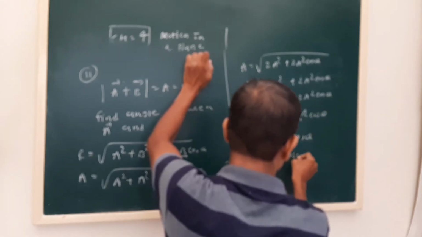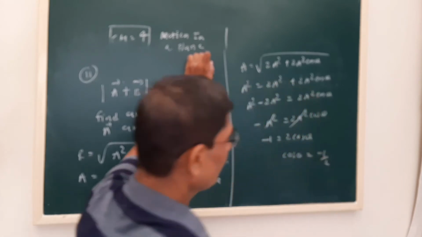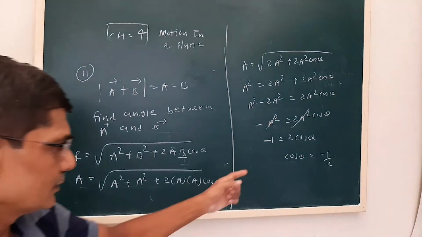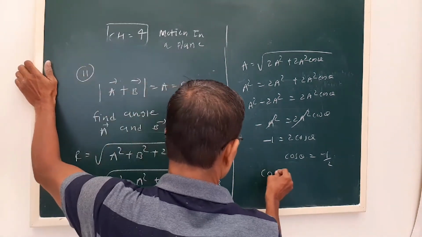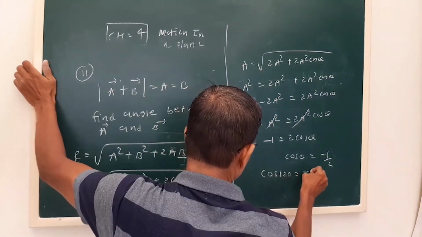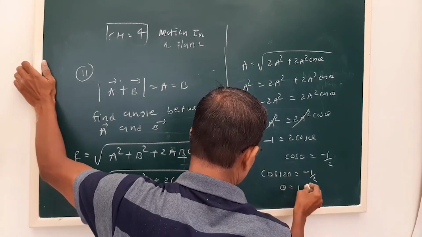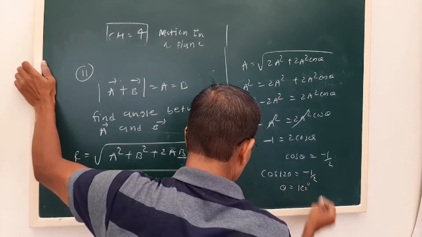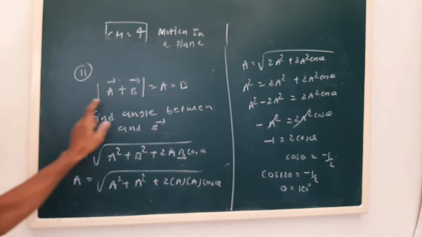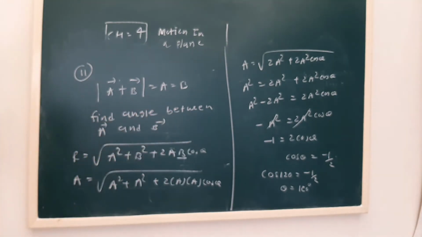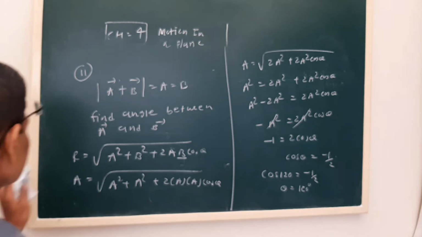Okay, cos theta is... Okay, so we know that cos 120 is minus 1 by 2. So theta is 120. So when A and B are inclined at an angle of 120 degrees, the resultant will be equal to the vector itself. Okay, so this is how we can solve. Now